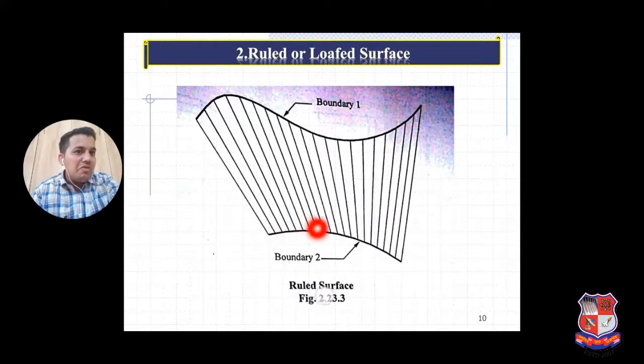Both boundaries have different non-linearities. When we take such non-linear boundaries and connect them with intermediate grids, it creates one surface. If I take one piece of paper and twist it from the two sides, it is also one surface, and whatever curve is generated, it is generated by these rules. So this is called a ruled surface.